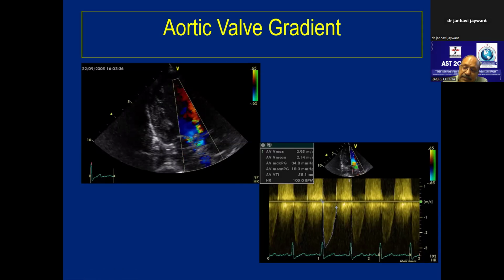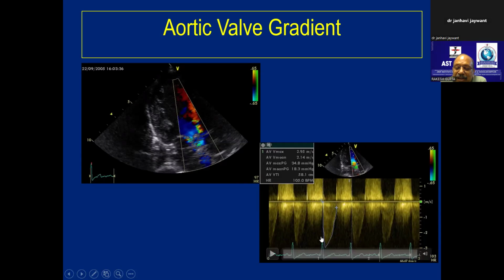But as there will be a stenotic lesion, there will be turbulence, right? Then why not take the LVOT velocity with this CW only? Suppose you take a CW over here. What do you mean by CW? Continuous wave Doppler. Continuous wave Doppler will measure velocity across the whole of this line, including along the LVOT. So it does not measure at LVOT alone. This LVOT velocity will be submerged in the aortic valve velocity.